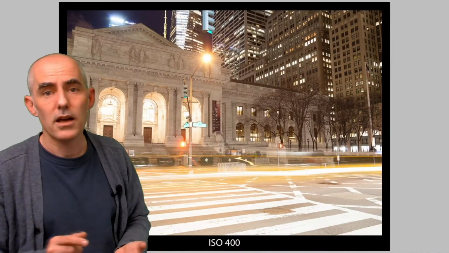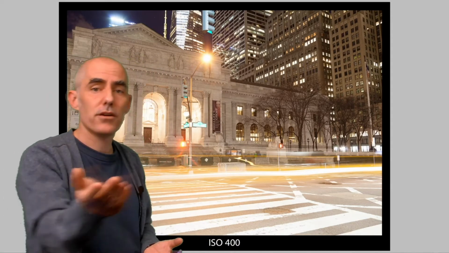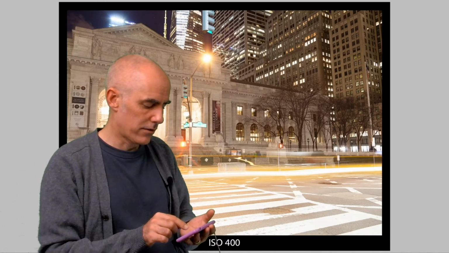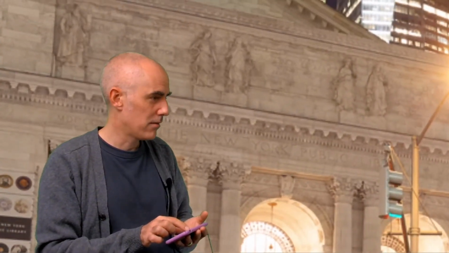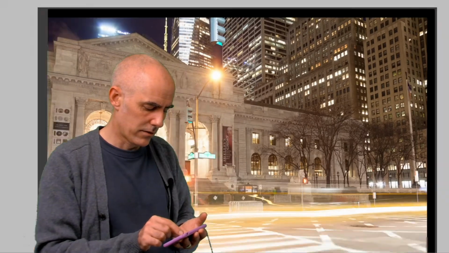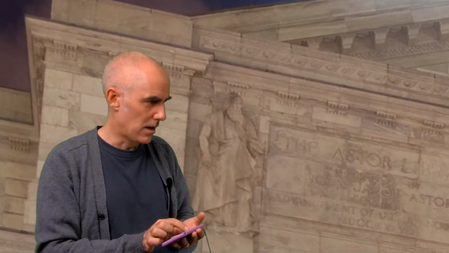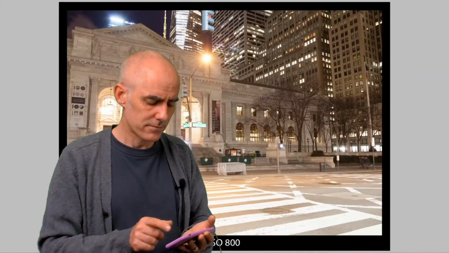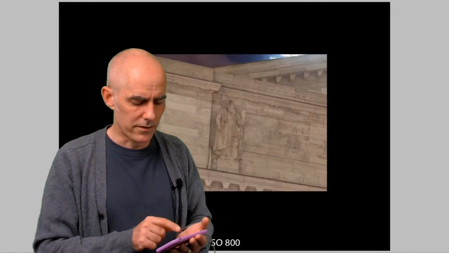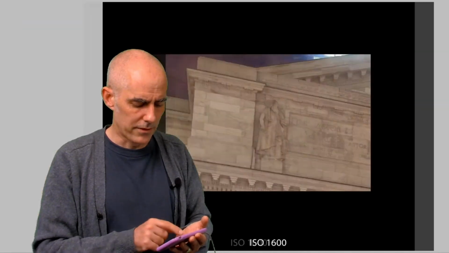ISO 400, it's still a long enough exposure that we're getting these nice streaks through there. Again, everything looks pretty fine. I'm starting to get a little bit of speckliness, but not really noticeable. If I look at it here, can't tell a thing. 800, I'm just going to skip ahead a little bit. 1600,